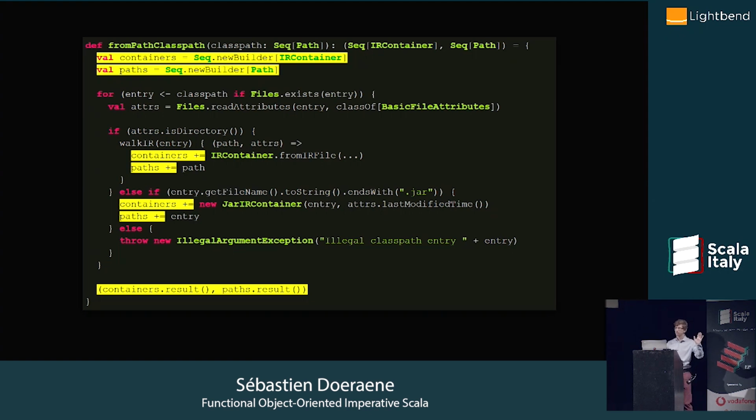Some of you are going to take your tomatoes right now and send them to me, because that's not even true, right? Later on, the file system could have changed. That means that its directory is going to return a different thing. Walk IR is going to walk a different set of files. So this is absolutely not purely functional. And yet, in the context of my application, this is purely functional.